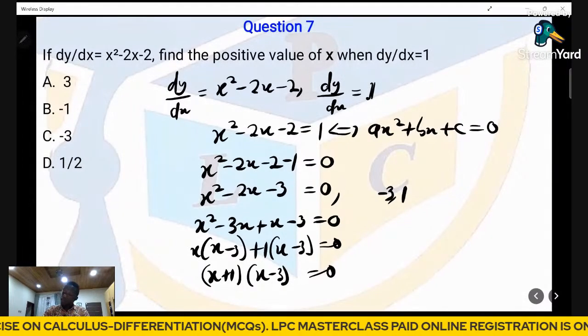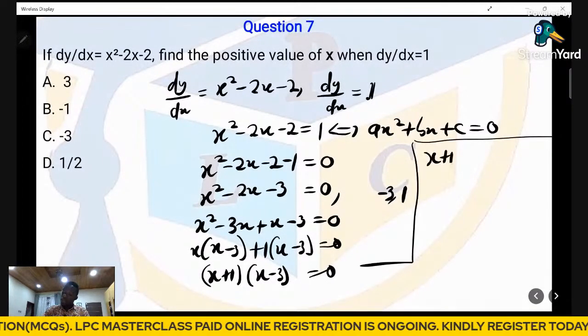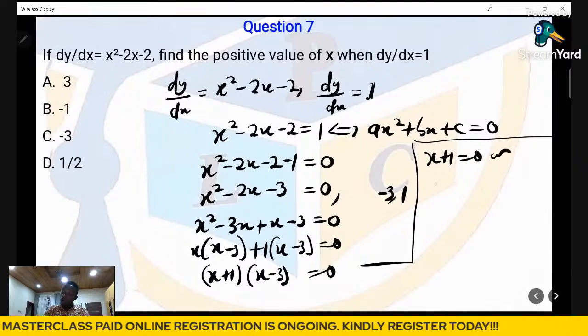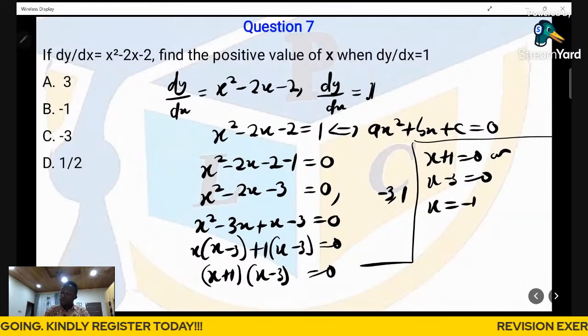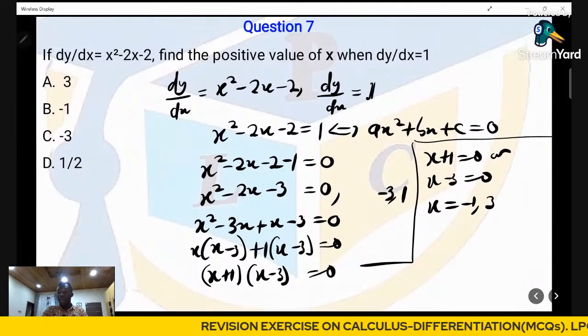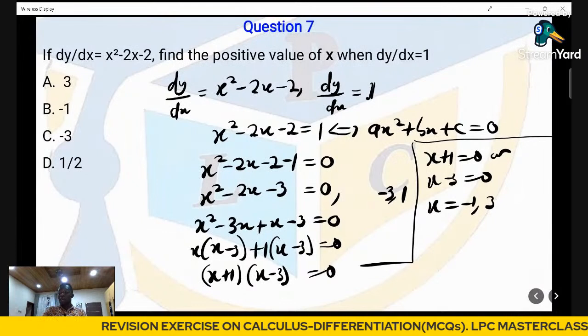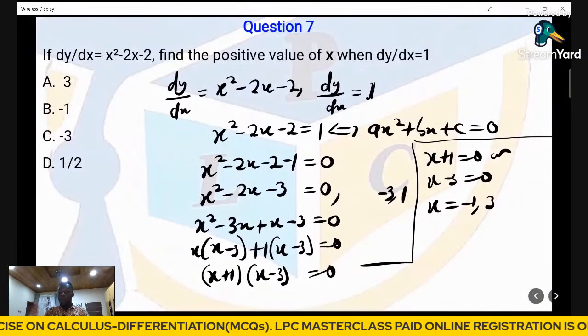So at the end of the day, we have x plus 1 should be equal to 0, or x minus 3 should be equal to 0. So at the end of the day, we'll say that x should be equal to negative 1, or positive 3. But here we are asked to find the positive value of x. So therefore, we'll conclude that the positive value of x from this function, which is x squared minus 2x minus 1, having a value of 1, should be equal to